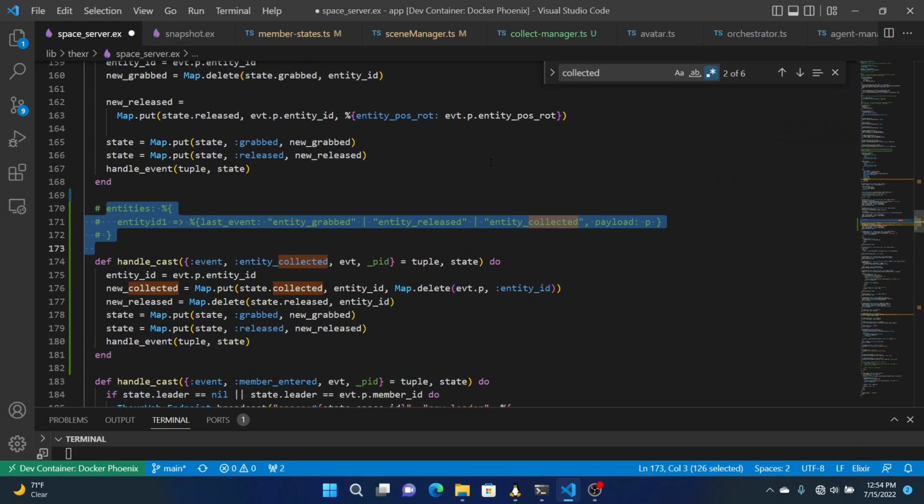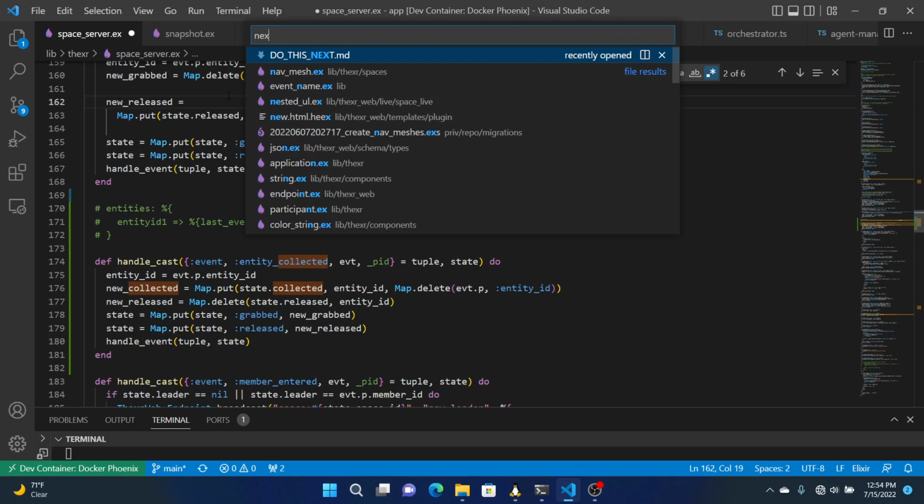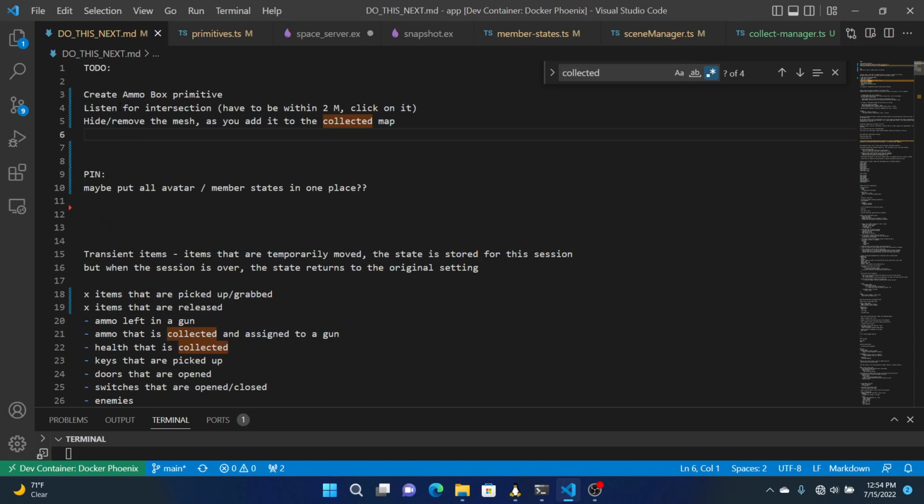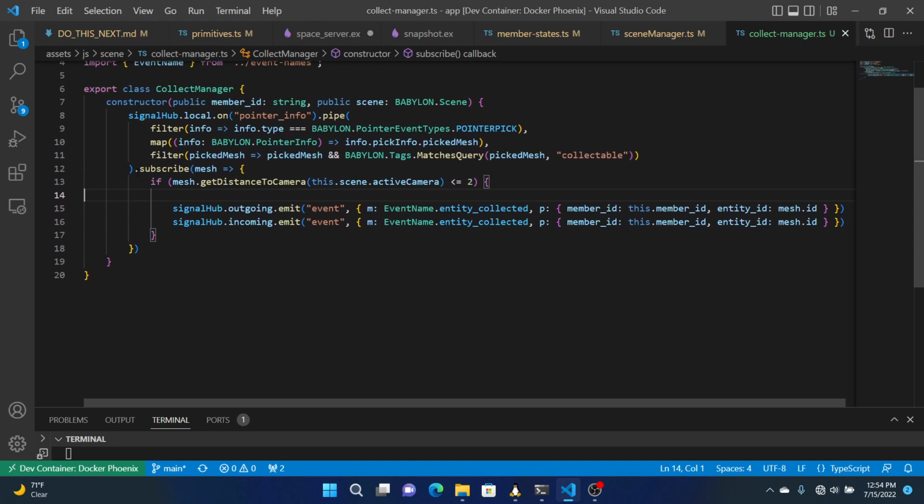Alright, I do not have internet right now, but that shouldn't stop me from making some progress on this project. Last time I was working on a collectible, being able to collect something. I created this collect manager here, which will emit a new kind of message called entity collected, and we wanted to store that into the